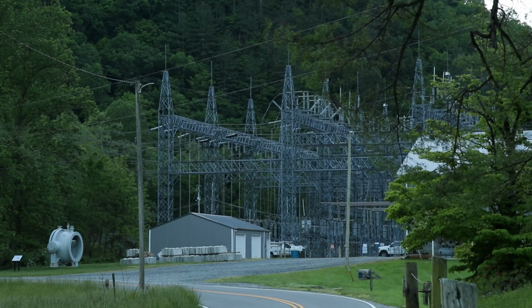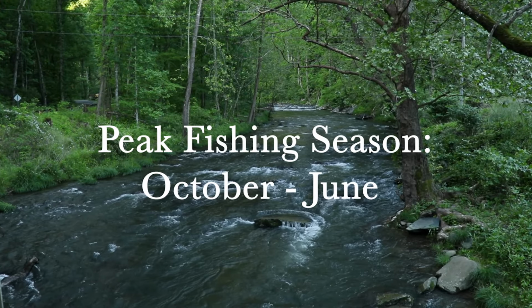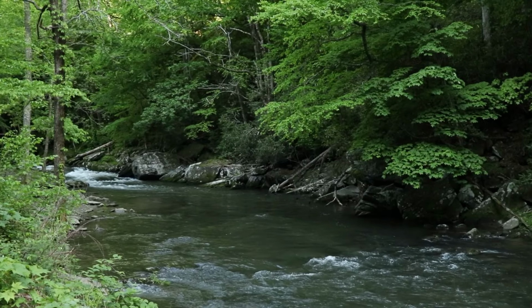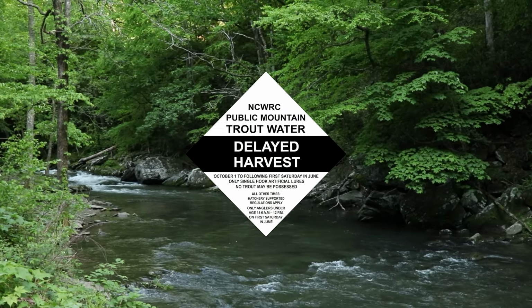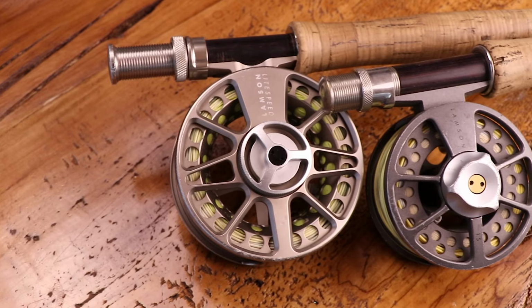The upper Nantahala from the dam all the way down through the power station fishes really well year-round, but it's probably best from October through June when the water temps are between 45 to 65 degrees and when that second half of it is underneath that delayed harvest designation. Recommended gear for this section is a 4 to 5 weight fly rod and a standard 9-foot leader with 3